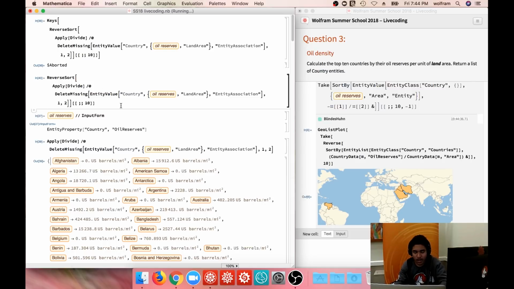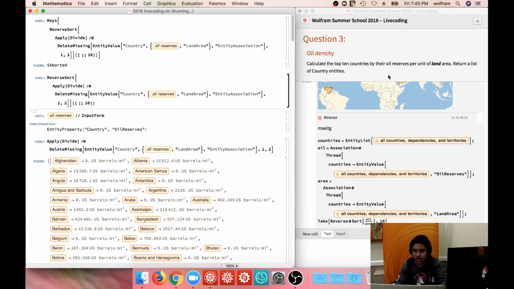Hopefully it doesn't take too long. It will be nice and sorted, but it will still have the keys and values. And the question asks for just a list of country entities. It doesn't want to know the values, the actual barrels, the oil densities. It just wants it to be sorted. So it's taking a little while,